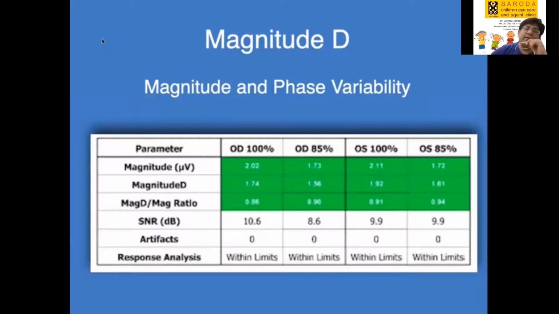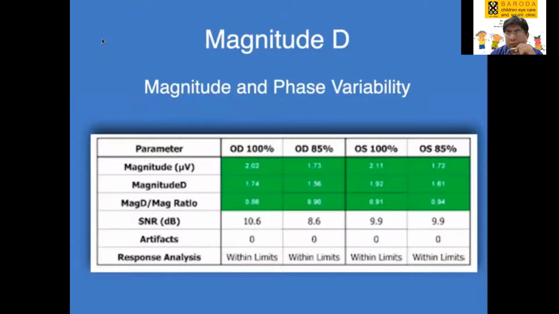Right. Like the variability which we were getting, we were actually wondering why we were getting such great variability. So I think they are trying to use that variability as a tool by saying that if the response is variable, then it is a sign that there are sick cells. And so if magnitude D, as you rightly said, is closer to magnitude, then your question is also answered by the MagD upon Mag ratio. If the MagD upon Mag ratio is 1, it means the variability is less. Everything is fine. Yes. Everything is fine.